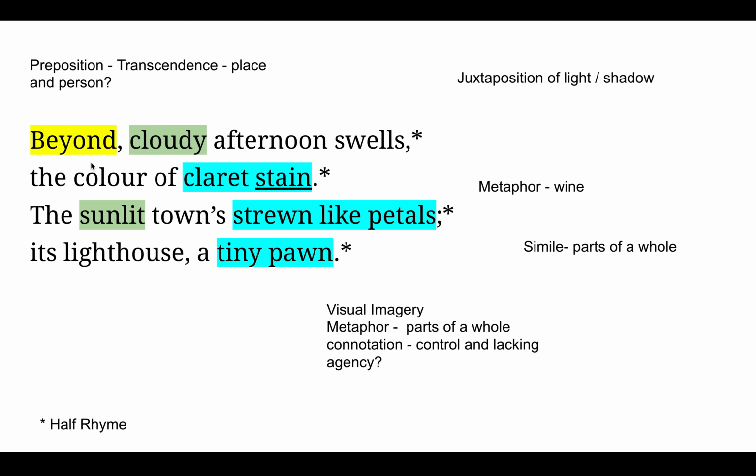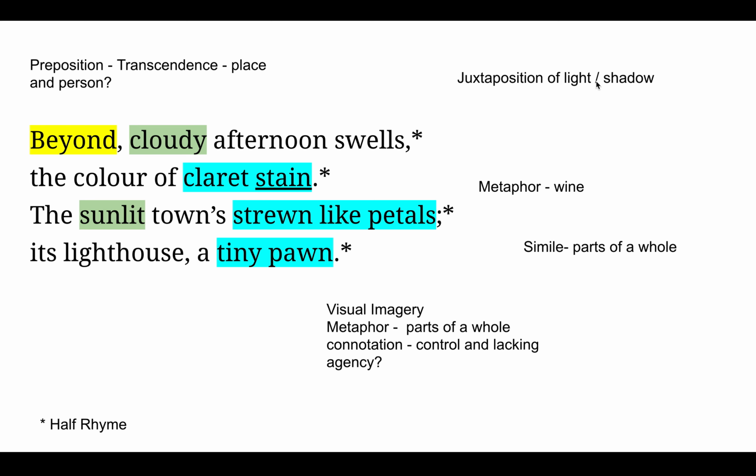But either way, it ties up this sense of transcendence and of moving forward of time. Now I've got here cloudy afternoon swells. Clouds are a motif, clouds and smoke are a motif in Gray's work. Clouds tend to be intangible or ephemeral. Take that how you will, but think about what he might be saying about nature if he keeps describing it using those terminologies. Is it something that is fixed or is it something that is mutable or changeable?